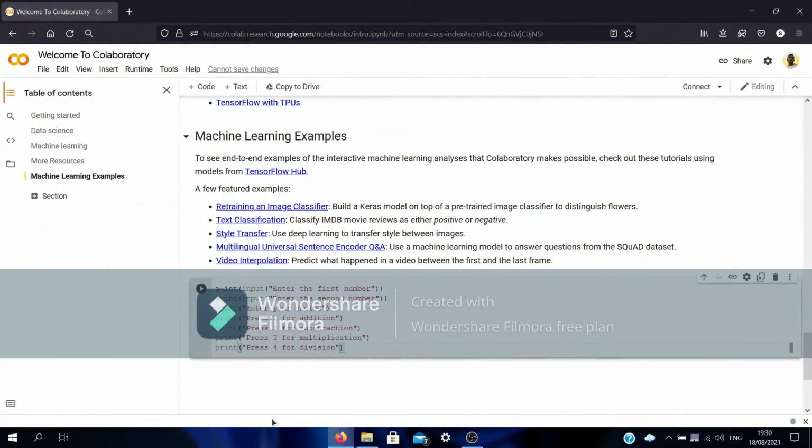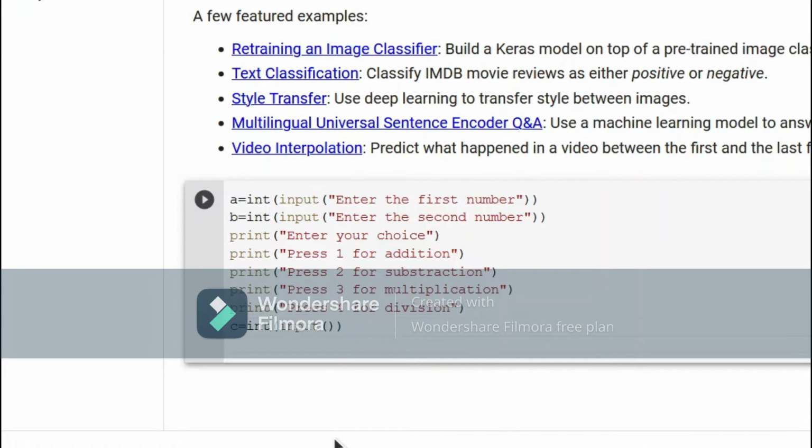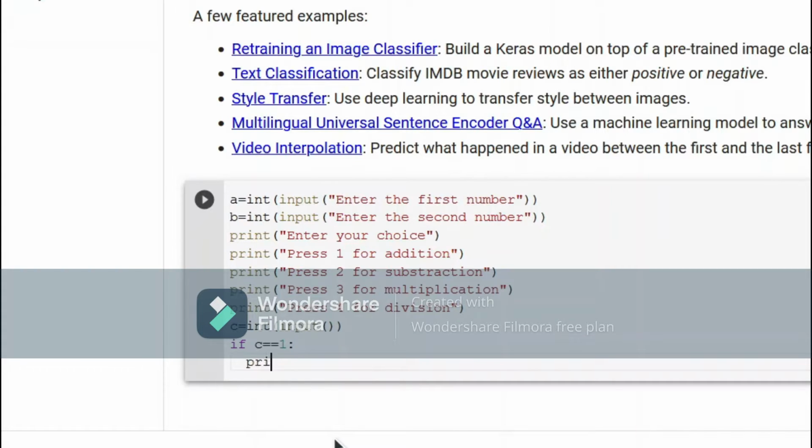Okay, so this is where things get a bit tricky. You have to click enter and type c equals int, and then put a bracket inside that, write in input, and then put another bracket inside that and close it, and just go to a new line. Now below there, type in if c equals 1, put the two dots, and go down and type in print,